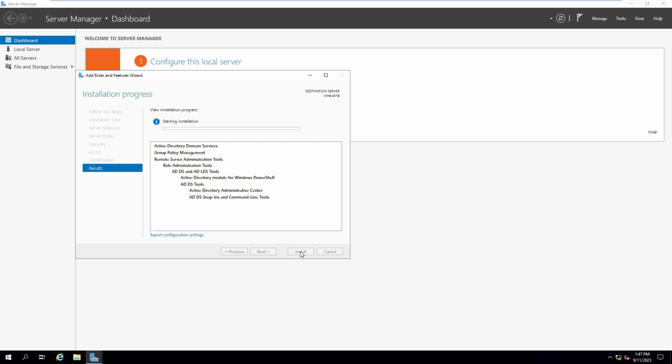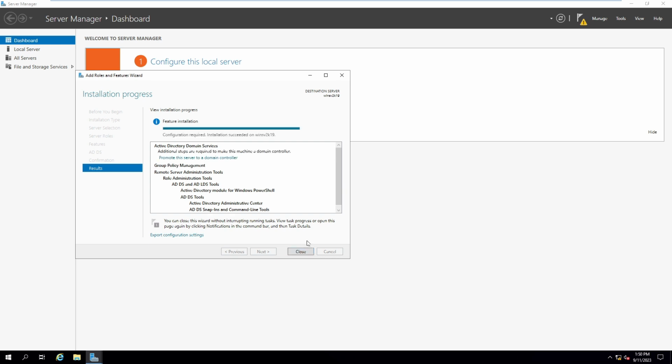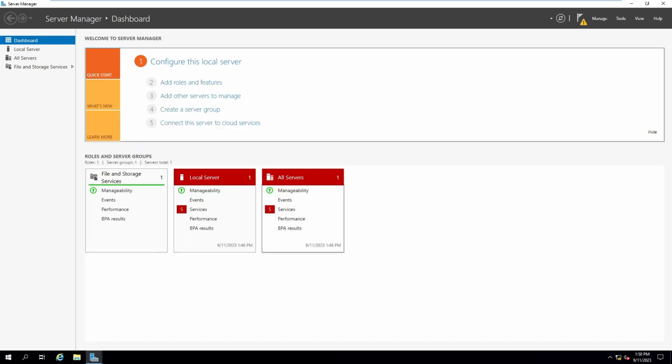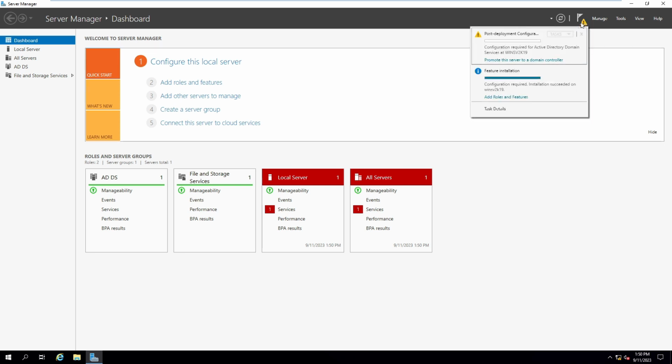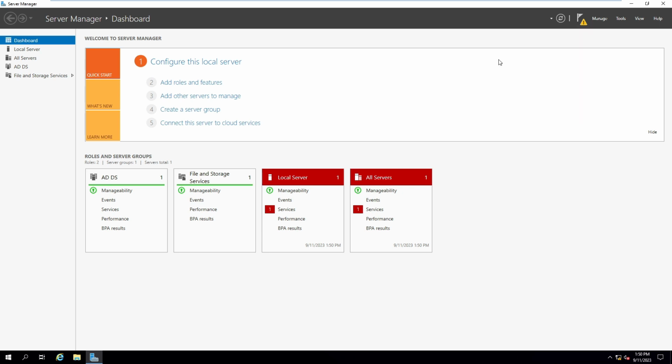Wait for a few minutes. The server will take some time. Now the installation is complete. Let's close this, and in the Server Manager you can see the notification options. We have done the Active Directory installation. Go to promote this server to a domain controller,